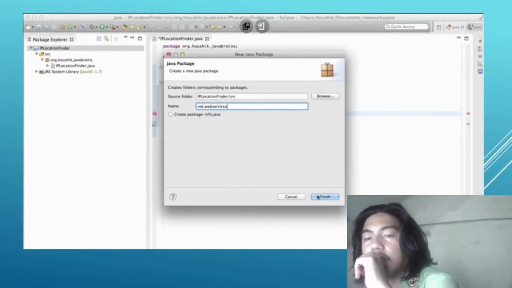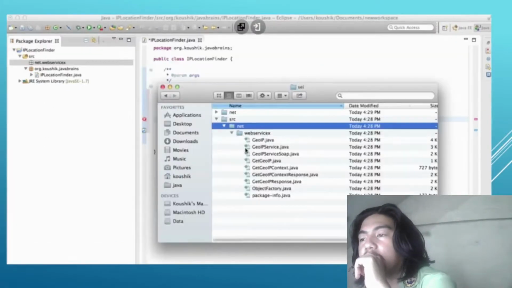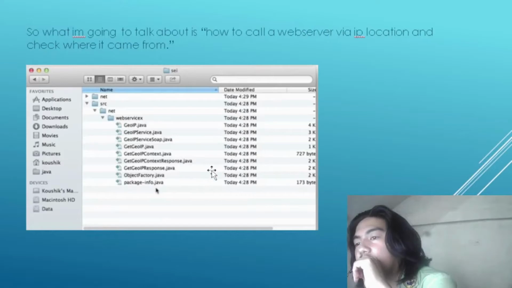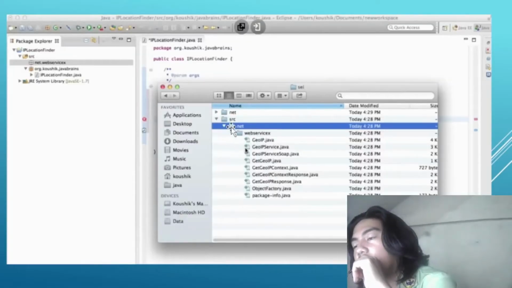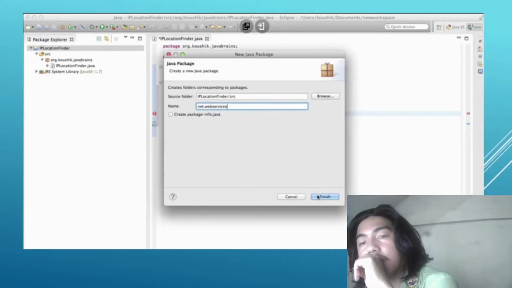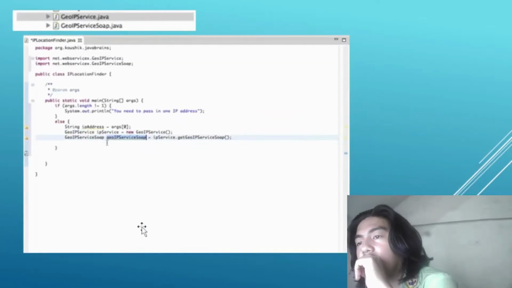Then, pag nakagawa na tayo ng Java package, ika-copy natin yung laman ng dating data na chinek natin dito. Ika-copy natin sa bagong gawa nating Java package.